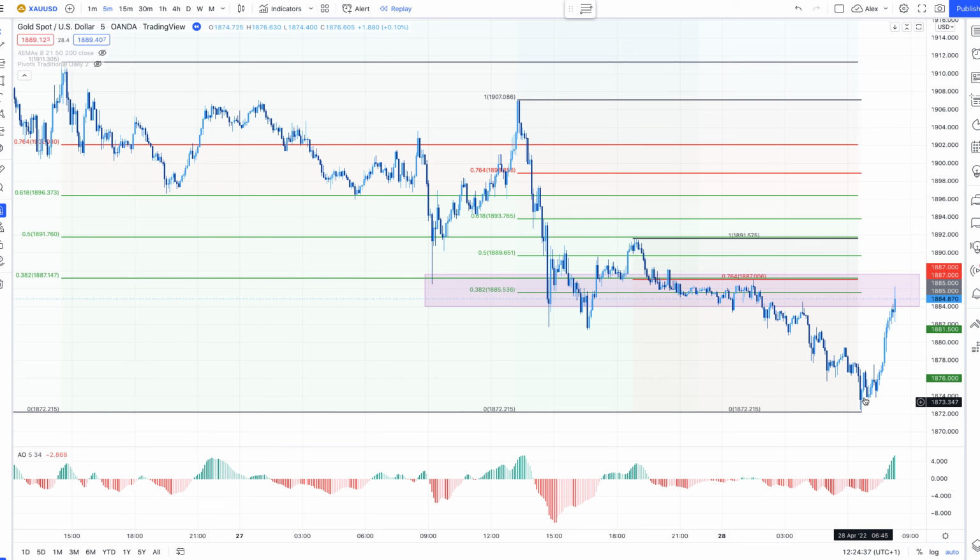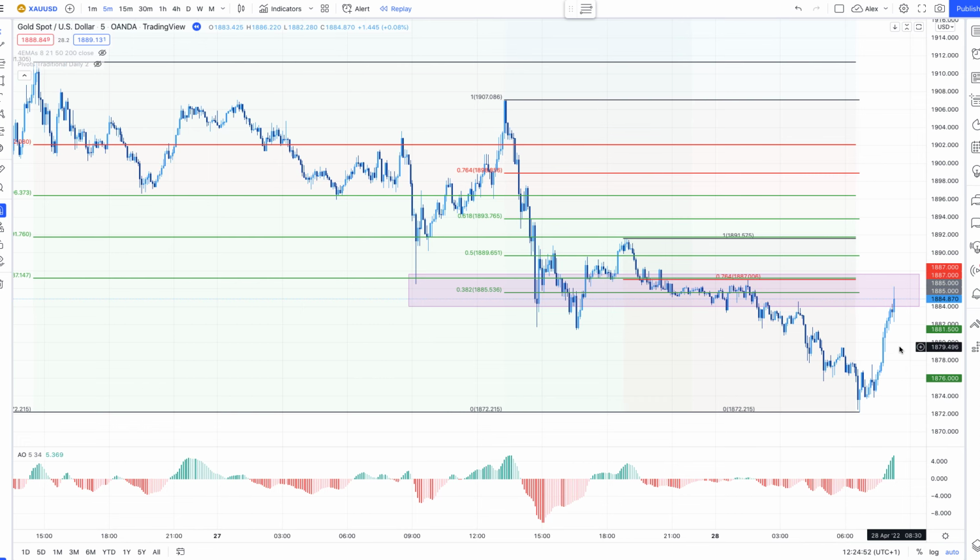But I'm still thinking, okay, we're at least going to get the initial move up, and then a correction. Let's see if the correction can turn into something. If we tap the 764 and react off there cleanly, which is what we always look for, clean reactions, that will give me some confidence in the whole setup, and